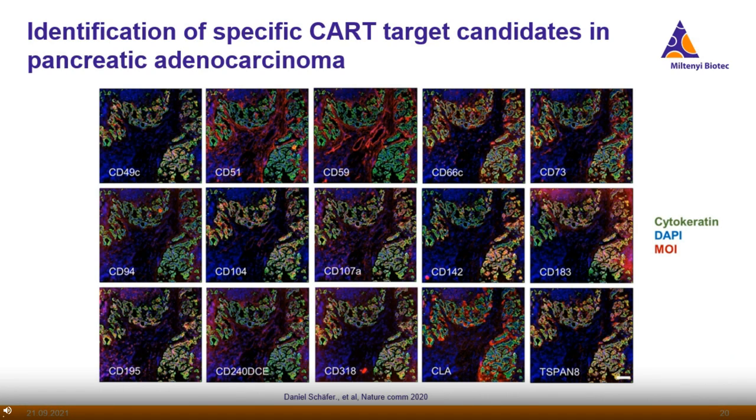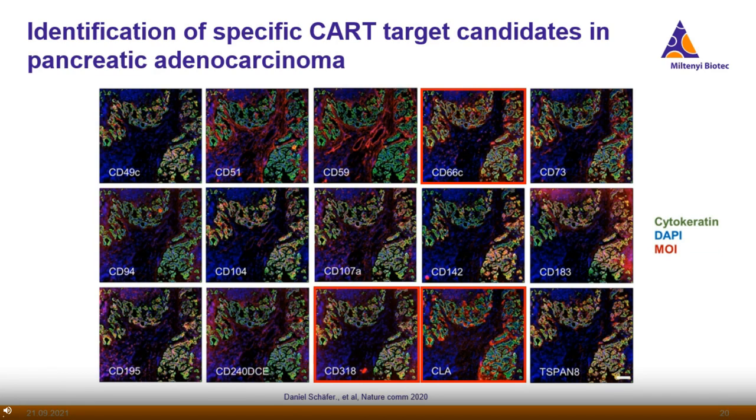This result is collected from the recent brilliant work published in Nature Communications by our research and development colleagues. The idea behind this work was to identify CAR T cell target candidates in pancreatic adenocarcinoma using different methodologies. Among them, the MACSima and its MICS technology allowed them to generate fascinating data and helped the identification of specific CAR T targets. So in this result, the cytokeratin staining is shown in green, which is showing the tumor signal,